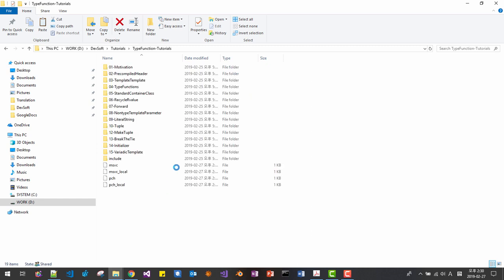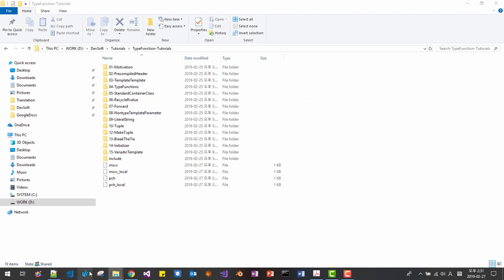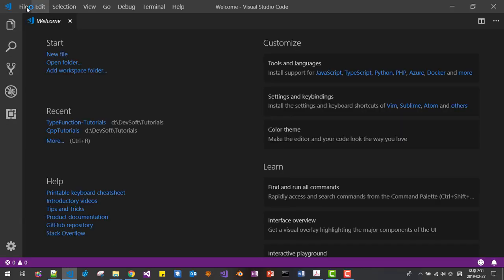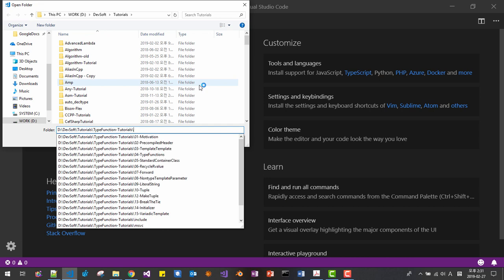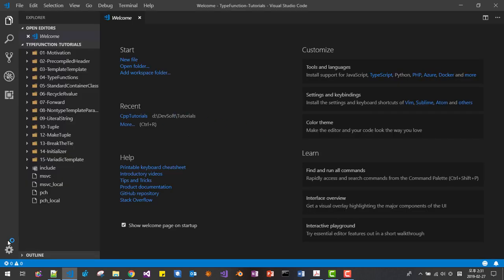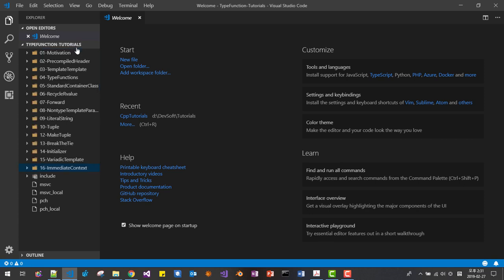Double click the folder path, copy, right click your command prompt, paste, click OK, start Visual Studio Code. File, open folder, paste your folder path, enter, select folder. Control minus, then click in the blank space here, click this button, 16 immediate context, enter.